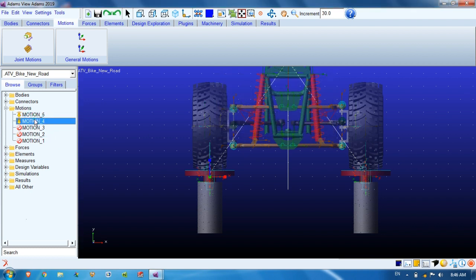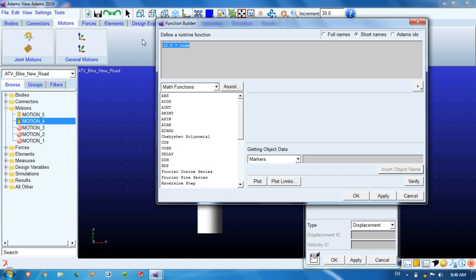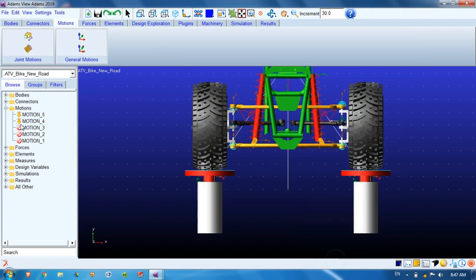Then motion 4, so we will define the motion here. So I want maximum movement, let's say 20 mm, and I will create a sine function, sine into 2 into pi and I want in 1 second it will move 2 times. So let's say 2 frequency is 2 into time, so 2 pi nt. So basically this is the syntax. I will copy same for another joint. Okay, apply.